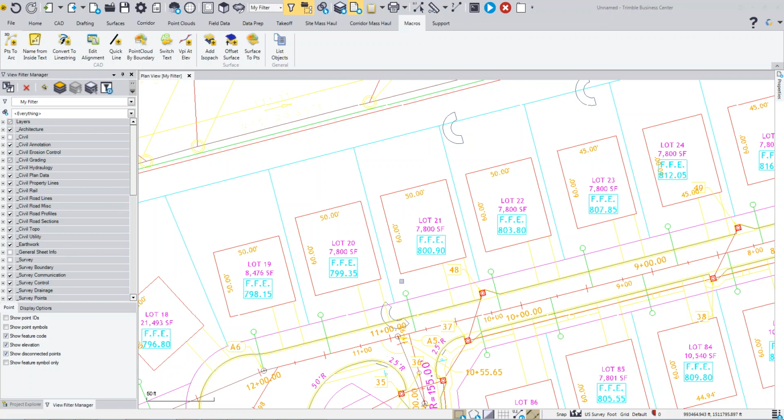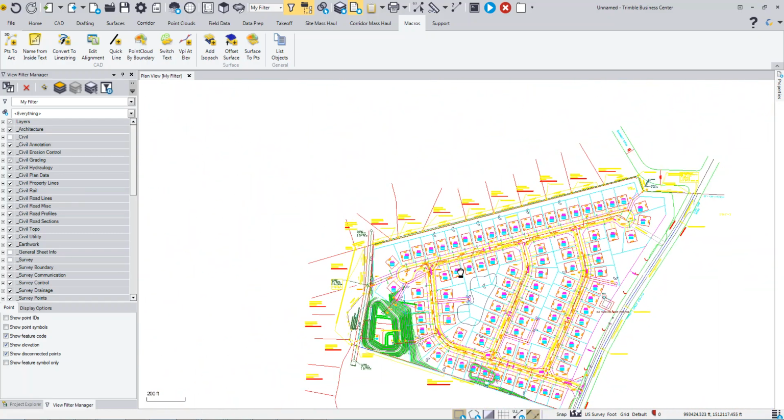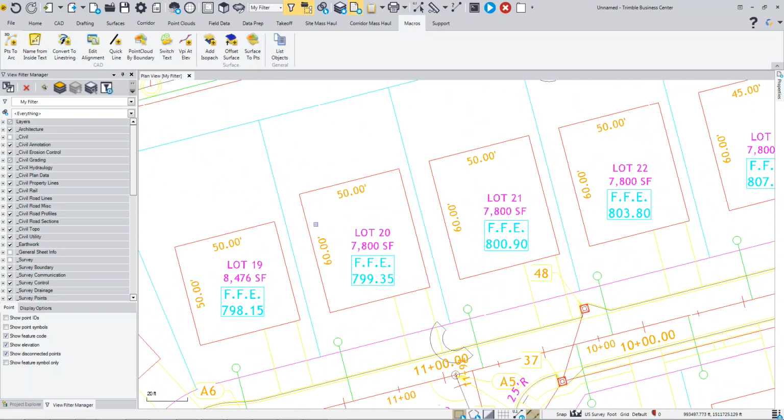And so we'll take a look at some macros. The first macro that we'll take a look at is the name from inside of text. So you can see that we have all these building pads, and this would be part of the possible data prep process. And we want to be able to stake out these pads, or identify them out in the field